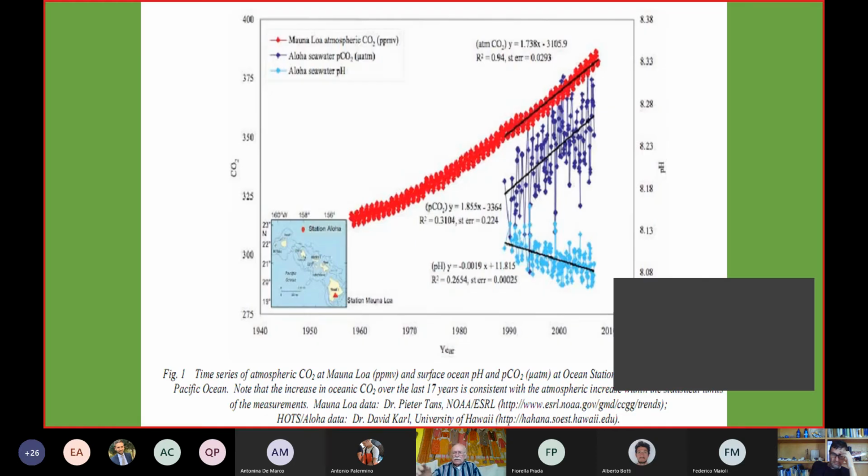Okay, but as that increases, you see on the left, that's the map of the Hawaii archipelagos of where that was measured. Now, as the atmospheric CO2 increases, so does its concentration in the seawaters. That's the purple line. But that causes a reduction in the pH. So we have the increase in temperature, and we have the acidification process of the oceans.